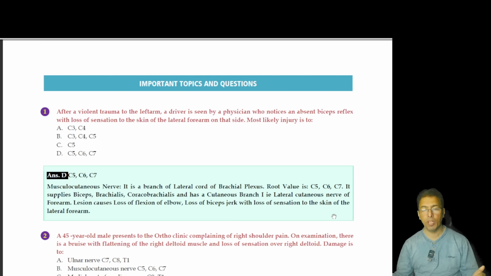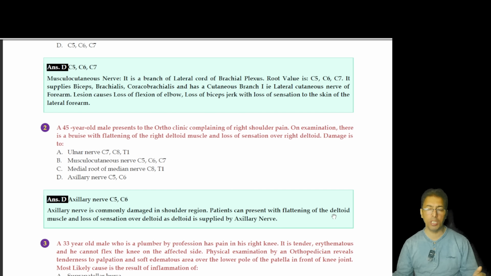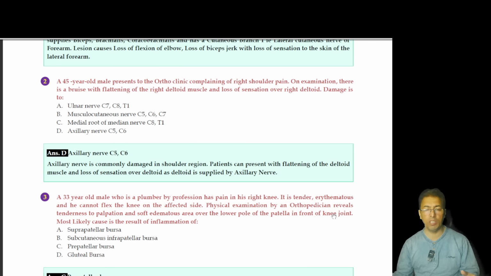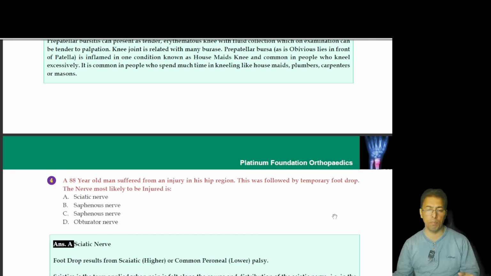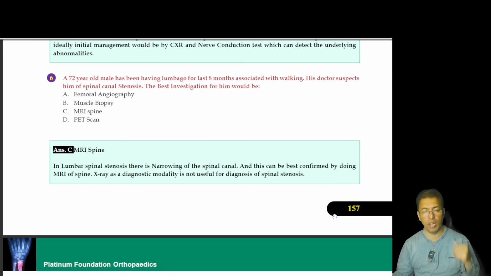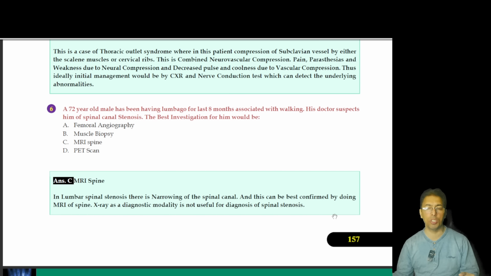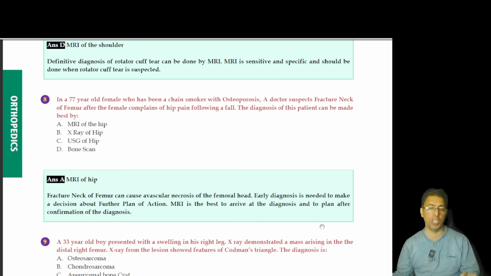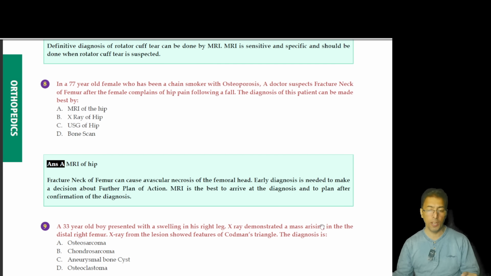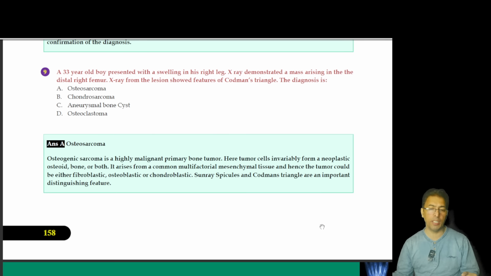We do not stop. Important topics and questions. What are the various types of clinical scenarios? What is the importance of the nerves as far as orthopedics is concerned? How does a nerve injury present in orthopedics? How does inflammation of the bursa present? What are the various diagnostic modalities which you have to take? Which is the first initial investigation? Which is the best investigation? Which is the first investigation? There's a lot of difference between these questions. So what are the various diagnostic techniques which we use?